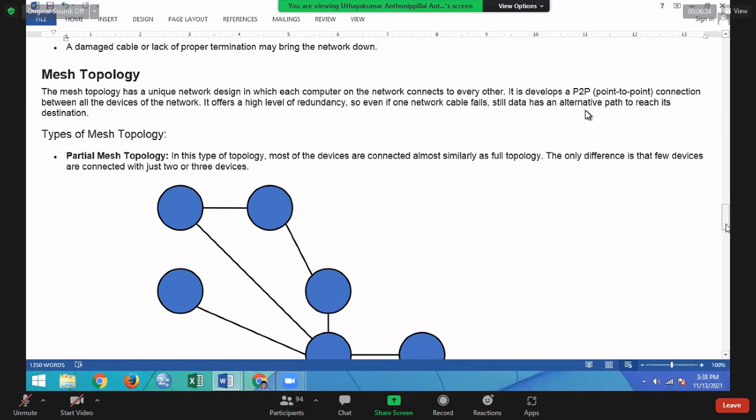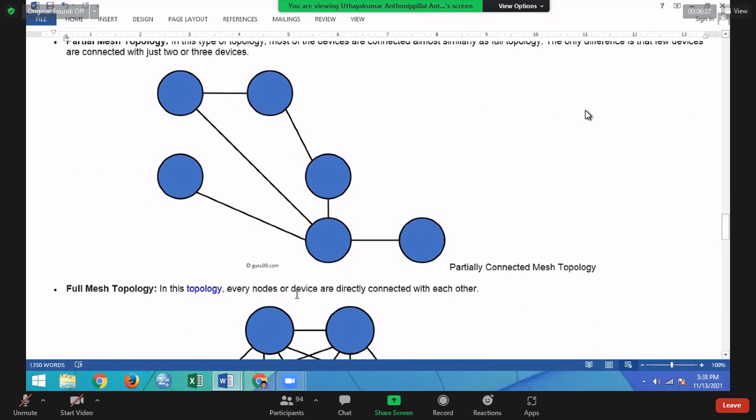Here, if you can see this one, this one is a ring, right? This one is a ring. In this, a node can send the data to the remaining nodes. These two nodes are separate nodes. When you see this one, it is a partial tree, partial star topology, and partial ring topology, partial star and ring. So it can be combined, right?